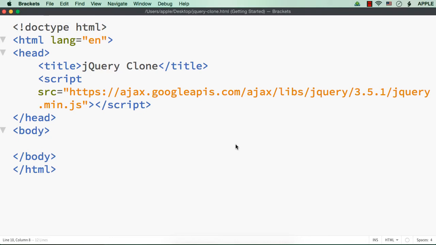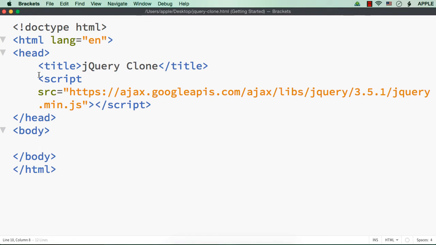In this video, let me show you how to use the clone method offered by jQuery to create a deep copy of the matching elements. So using the clone method, you can create just a copy of the element, or you can even create a copy with the event handlers as well. So let's see how we can use the clone method offered by jQuery.